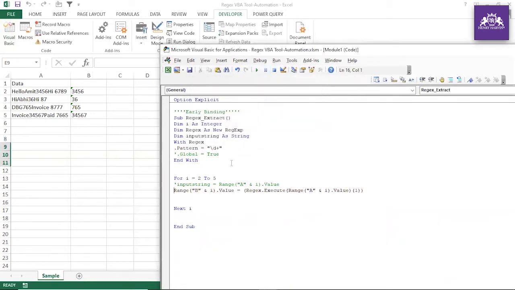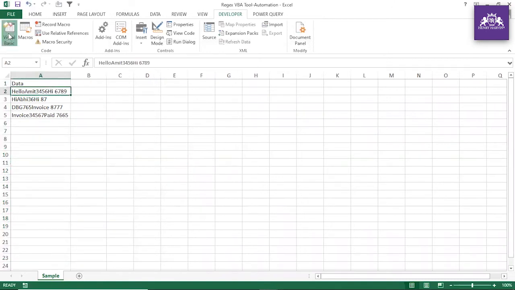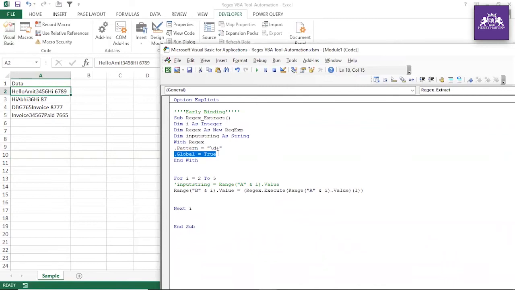You know what is happening here? If you mention global equal to true, now you got the answer, whatever we discussed. Because generally by default global is set to false. It always gives the first result. If it is false, it will search only the first instance. So that's why it is not working. All right. And if you make it 0, of course it will work because global is false. You want only the first instance. Understood? First instance is clear. And if you make it true, it will not give you the error, because it will work in either scenario, because specifically you want the first instance to be returned.